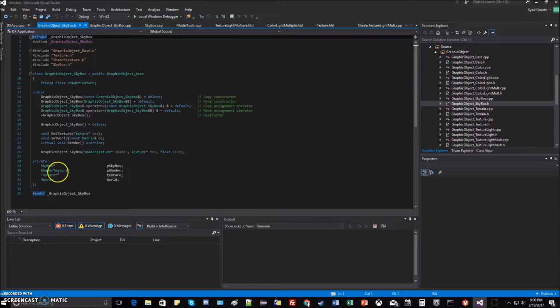It's gonna hold the shader that it's using. And right now it's using shader texture because that's what skybox is mainly used, because we don't want to have light reflecting on the skybox. And then it has the model, the skybox model, and then the texture that it's going to use, and then its world matrix. And then the only methods that I really have are just set texture, set world, and render,